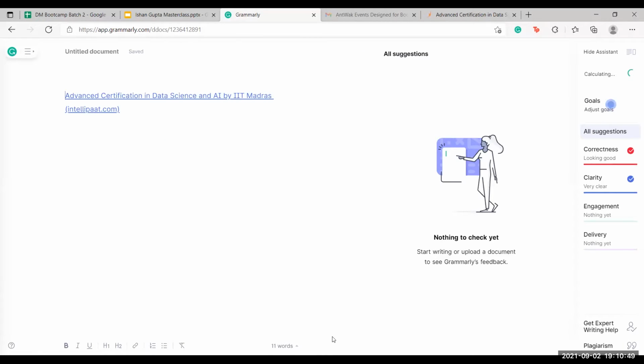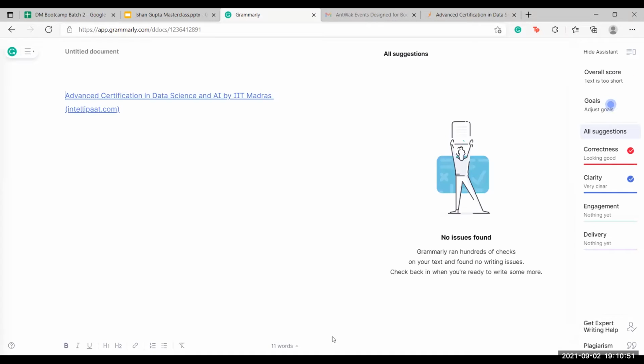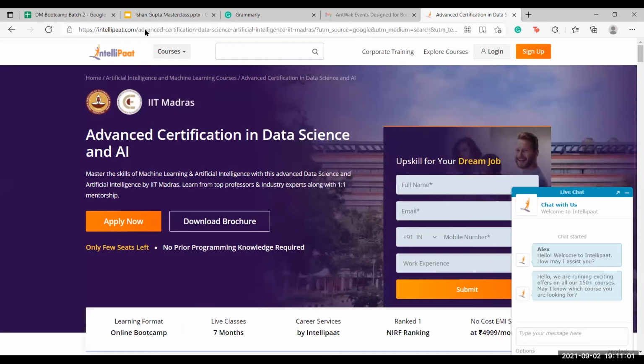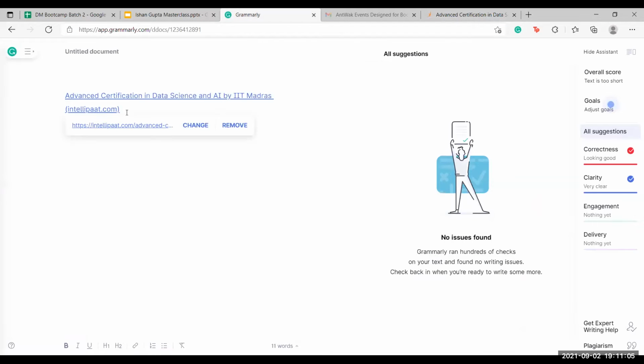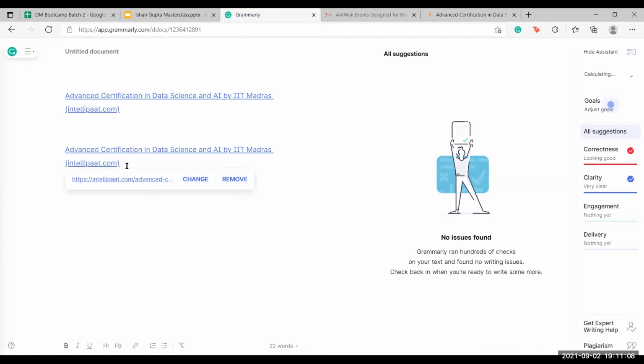Hello. Can you just copy the URL? I've copied. It came like this. No, I want that actual URL that you copied there. It's not coming. One second. It's coming in this way, which is weird. Anyway, go back to that URL again.